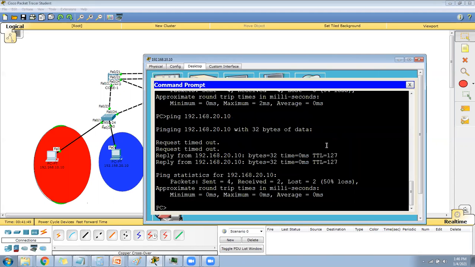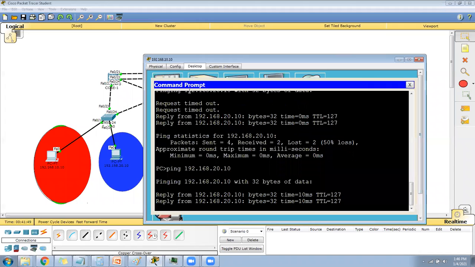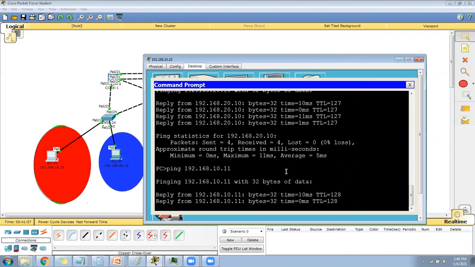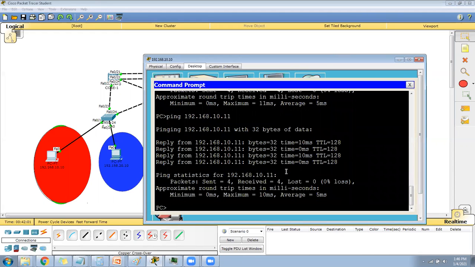See, it's pinging now. So similarly from 20.2, for 10.11 obviously it is the same VLAN so it will go directly, because it will not go to the gateway. But when it's going from VLAN red to VLAN blue, it has to go to its gateway,